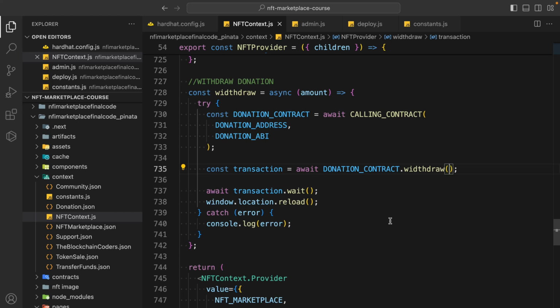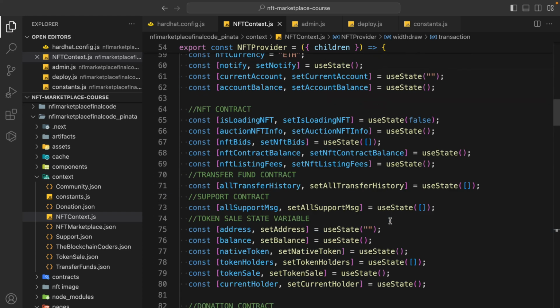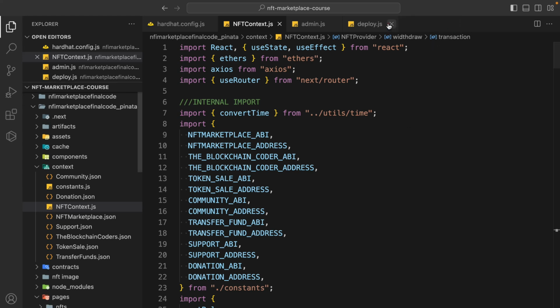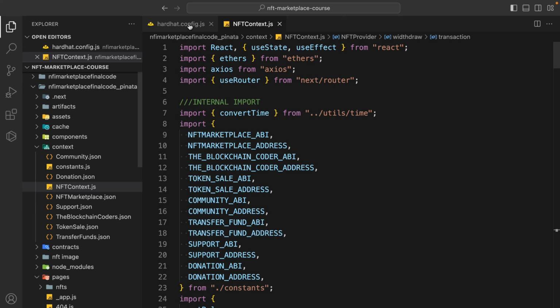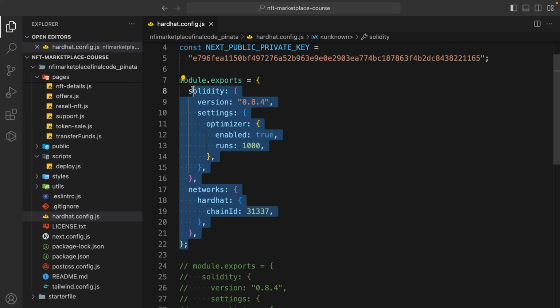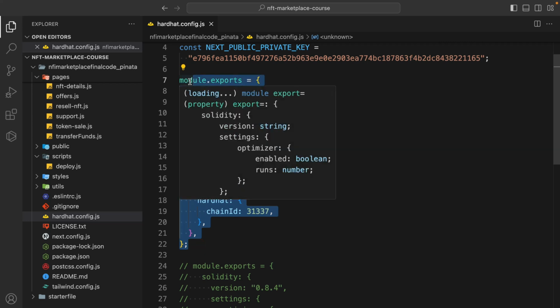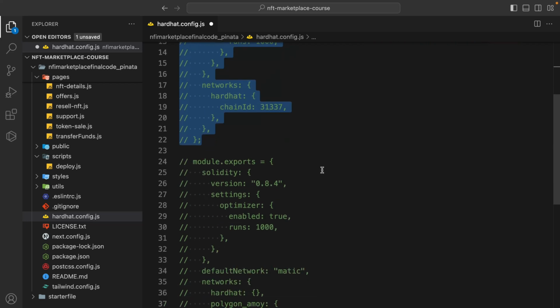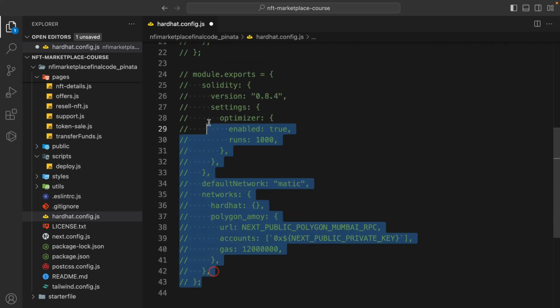So I hope you guys have understood what exactly you have to do. Everything is working absolutely fine. So these are the changes you have to make when you are testing locally. I'm going to do the testing on the test network. So I'll simply close all of these tabs, and I'm going to simply comment this because I prefer to test on the test network, not on Hardhat. But in this tutorial I have explained every single thing, so you can do it. So I'm going to simply bring this back,